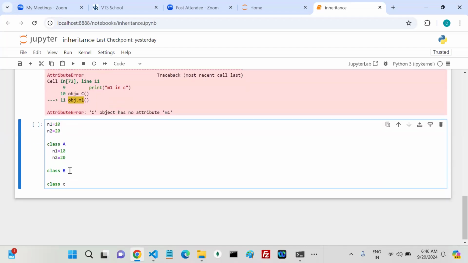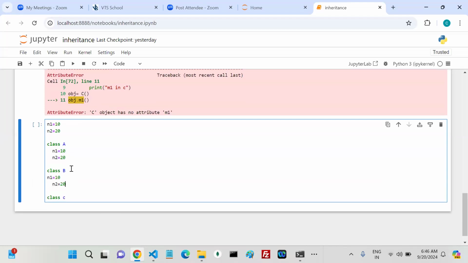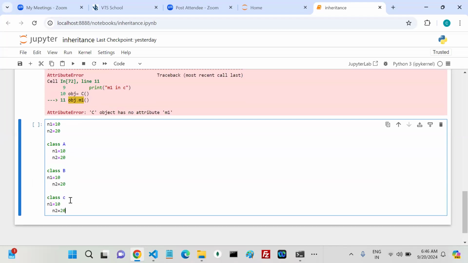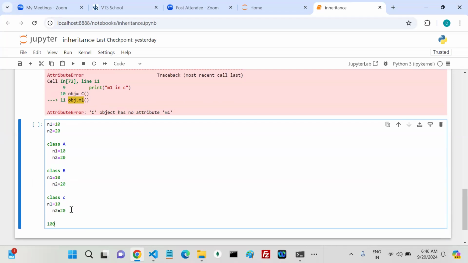A class contains variables and methods, so you can declare the variables here also, and here also. For example, say I have 100 classes, and these 100 classes require the n1 value and n2 value. So we can write it in each and every class, no problem at all. Yes, 100% valid. Tomorrow, if you want to change the n1 value to 100 and the n2 value to 200, then